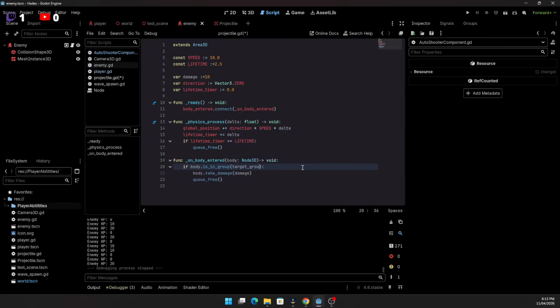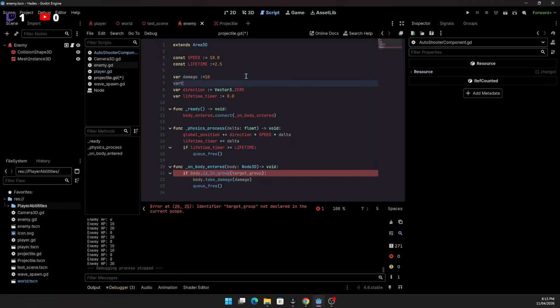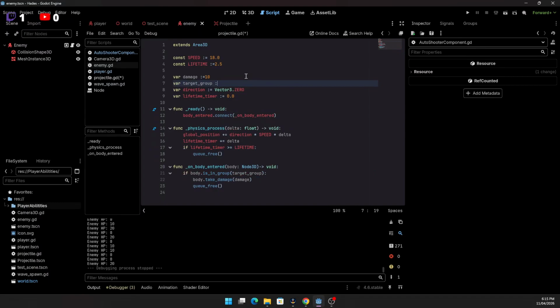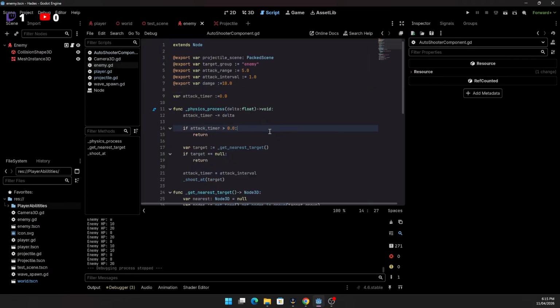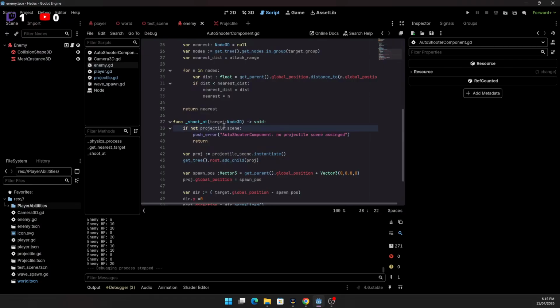And that will be target group, enemy. Okay. So that means back in our auto shooter,